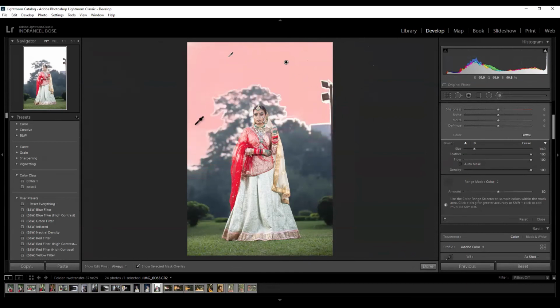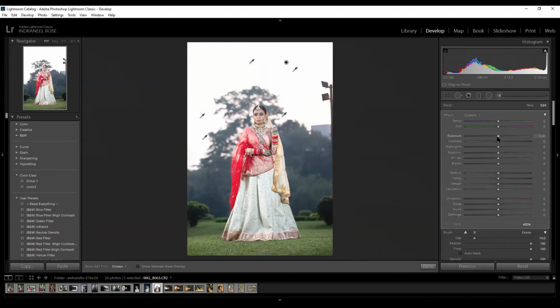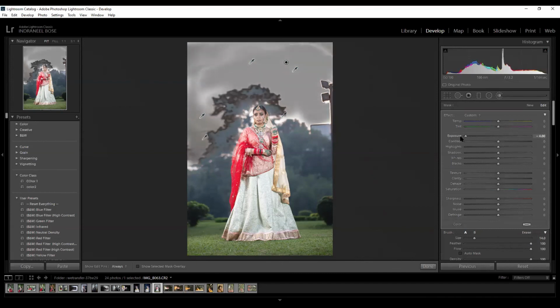One, two, three. One, two, three, four, five. I have taken the areas as well. Now understand one thing. When I'm dragging the exposure down, it's only shifting the colors to gray.